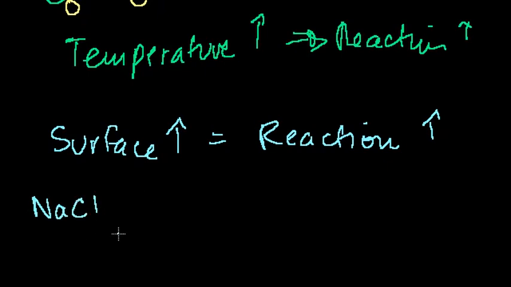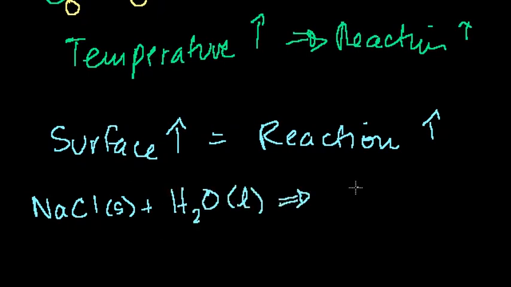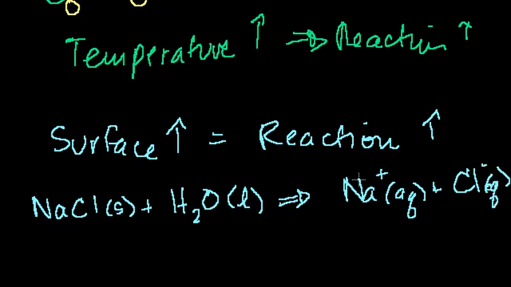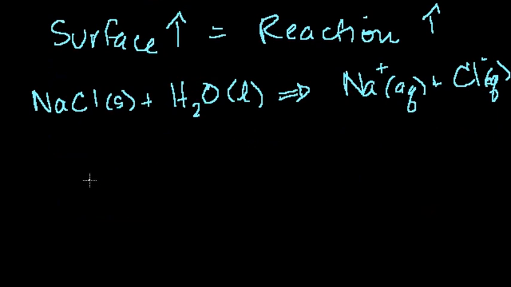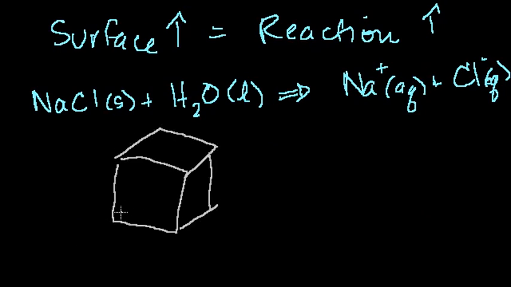Sodium chloride, solid salt, plus liquid water leads to, well, we could think of it a lot of different ways, but we could think of it as sodium cations aqueous plus chloride anions aqueous. So it gets dissolved. And how does that happen? If you have a big block of salt, I'll do salt in gray, there's a bunch of sodium and chloride atoms in it, and you have water all around it,